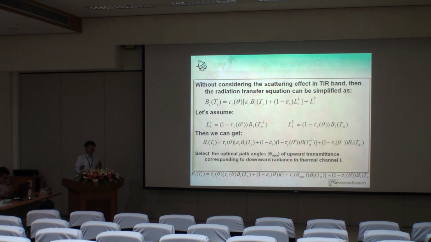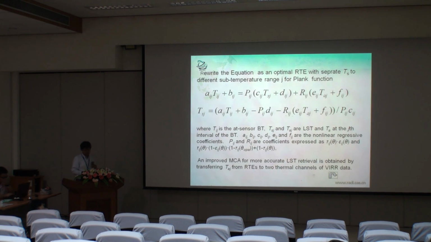So we have to connect these two parameters together, then we can reduce the unknown parameters in the equation. So then we can get the Gini equation. We can derive the equation as the optimal radiative transfer equation with separate TS for different sub-temperature ranges of the Planck function. It means in the window we always use the